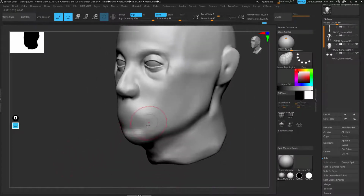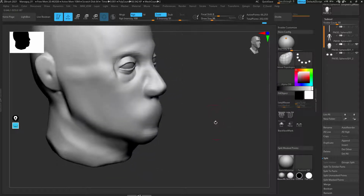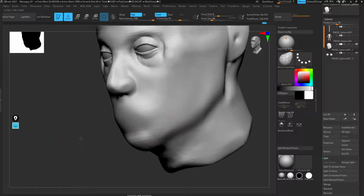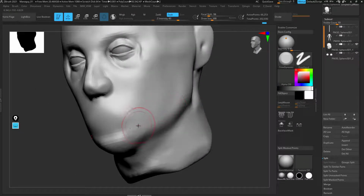Next, what I'm going to do is bring back a little bit of mouth. So with the mouth, there's a cool trick we can do. First, we want to make sure that as a whole it looks like it's positioned in the right place. It also has the correct amount of mass. The chin looks decent, and the jawline leads off nicely onto the cheekbones. What we really want to focus on is quite a large area. If I draw it here,